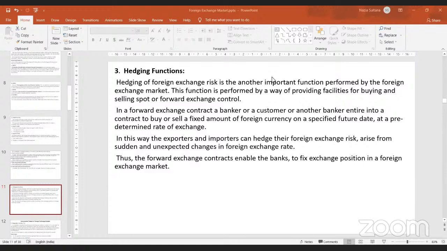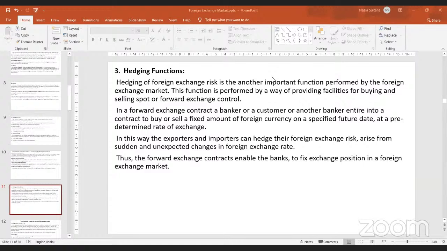So when I'm traveling during 15th December, I will buy my currency at that future date only, but my rate is determined when I'm entering into the contract. So whatever may be the risk associated with the fluctuation in the rate, I am safeguarded against that particular risk. It may be either way. The rate could go up, the rate could go down. So there's always a risk associated there. That's called a hedging function, where you are buying at a specified future date at a predetermined rate. That is one forward exchange market, which you call it.